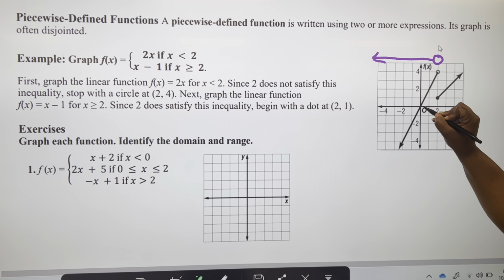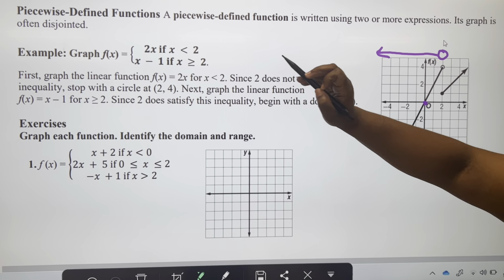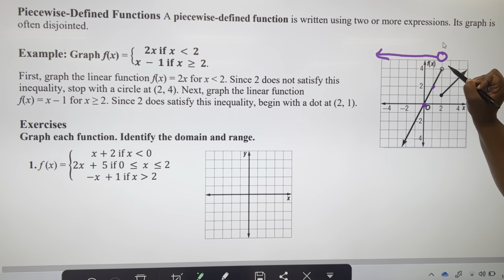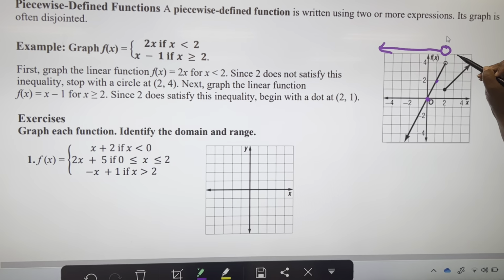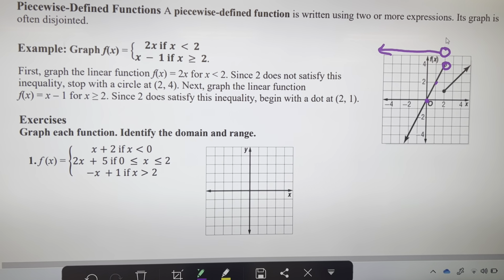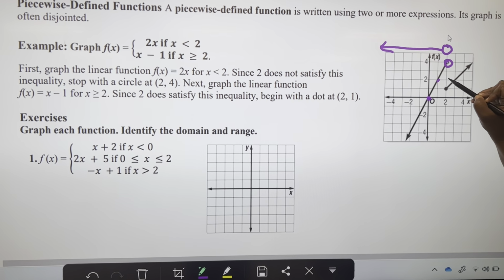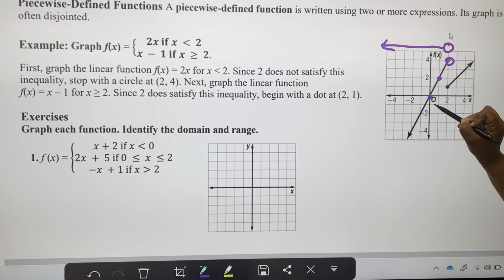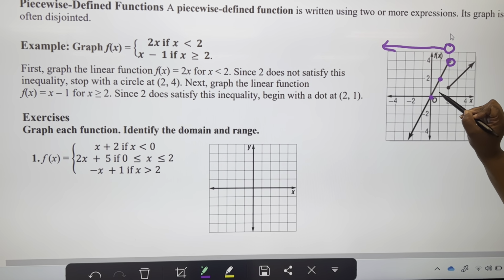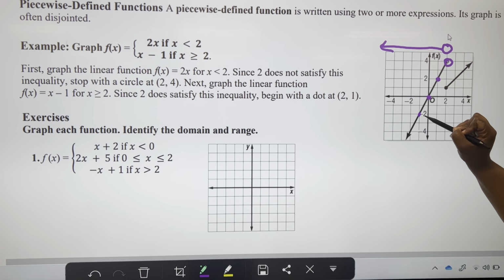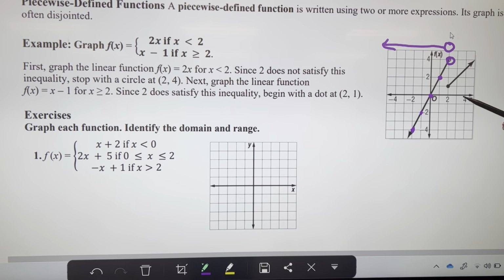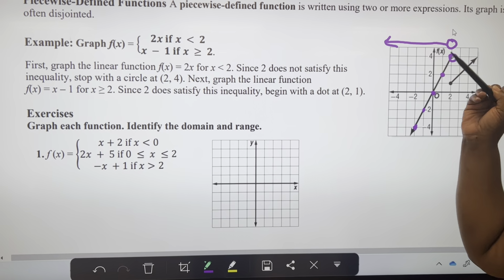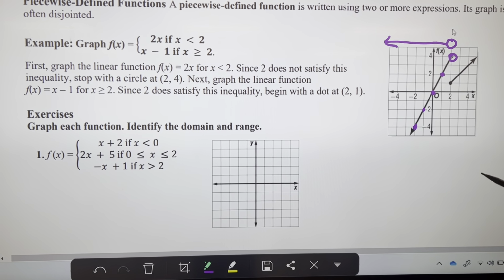So I'm going to put a point on my y-intercept. And then I'm going to apply my slope, which is up 2 over 1. Up 2 over 1, but I see I'm on 2, so I need to put an open circle here. All right? So I can stop right there. That's my stopping point. That's within my boundary. Then I'm going to go back to my y-intercept, and I can also go down 2, left 1. The reason why I'm going down and left is because I have a positive slope. Down is negative, left is negative, a negative over a negative becomes a positive. All right, and then I can go and